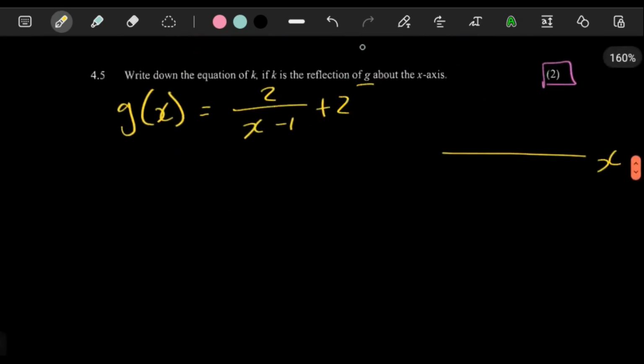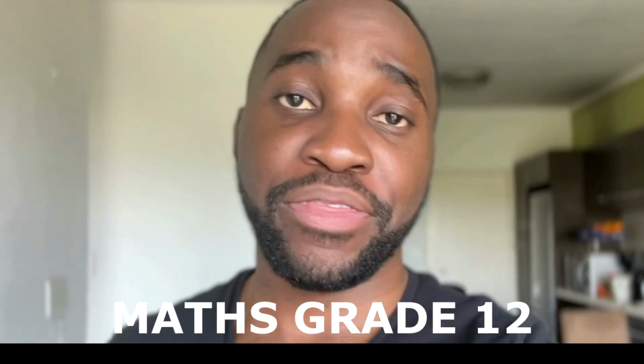The idea is, if it's reflected about the x-axis,